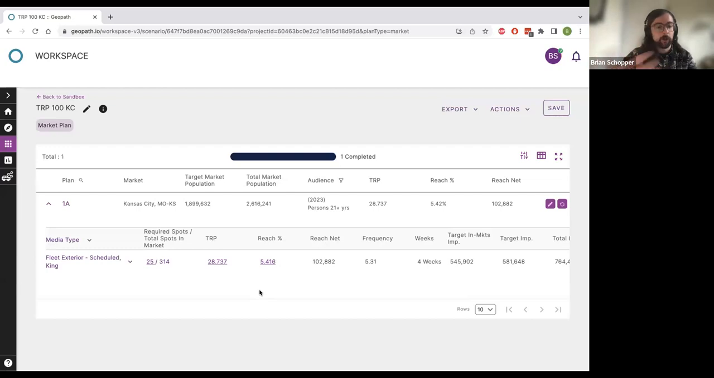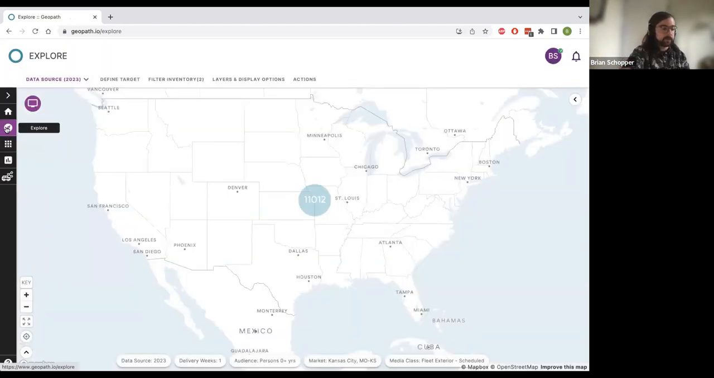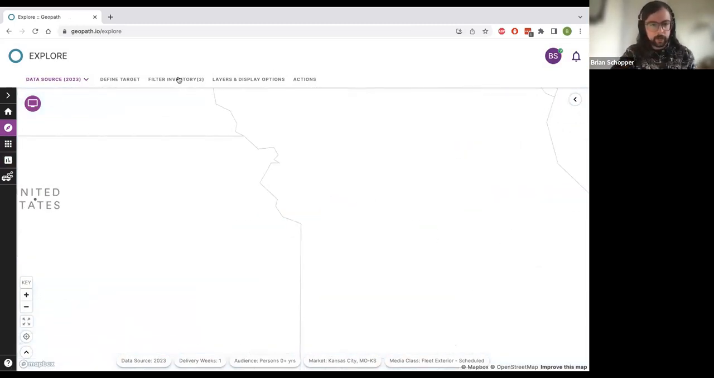Fairly straightforward, just how to run a market plan for scheduled fleet. So let me hop back over to Explore. And basically the second example that I'm going to do is based on that same Kansas City bus example, but say I wanted to run a plan that had both posters and King advertisements like I was just doing. So how would I make a plan that mixes two different media classes and different kinds of general media like that? So let me go back into here and I'm going to